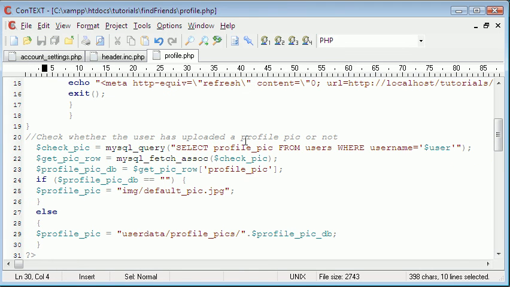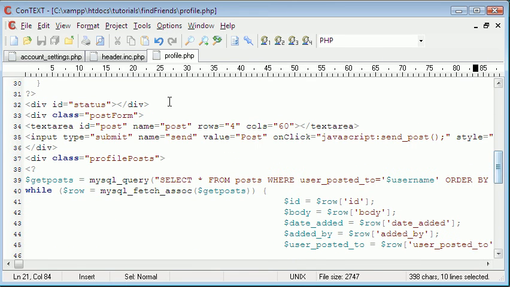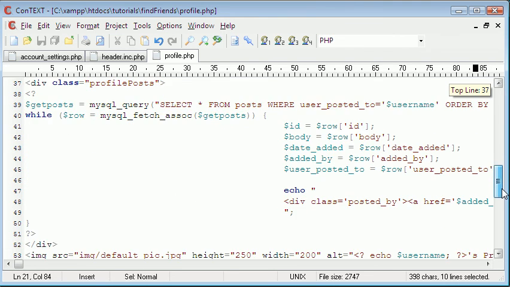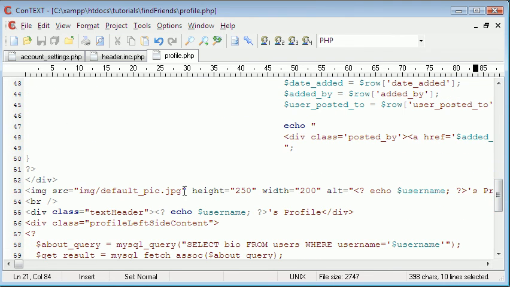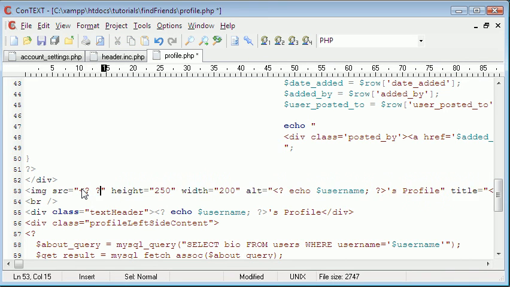Okay, so we need to change this variable to username, and that's it. So now we just go down, where is it? Down here, and we just say the same as we did last time, echo profile pic,